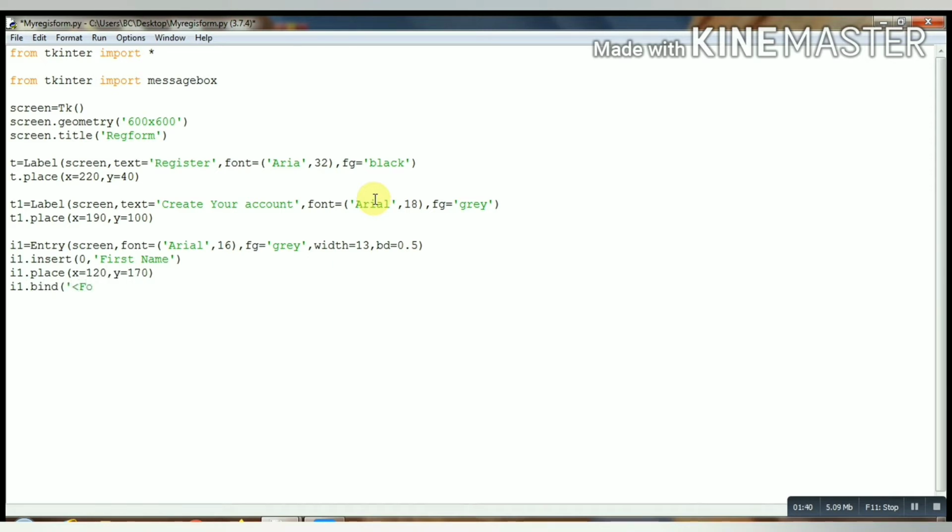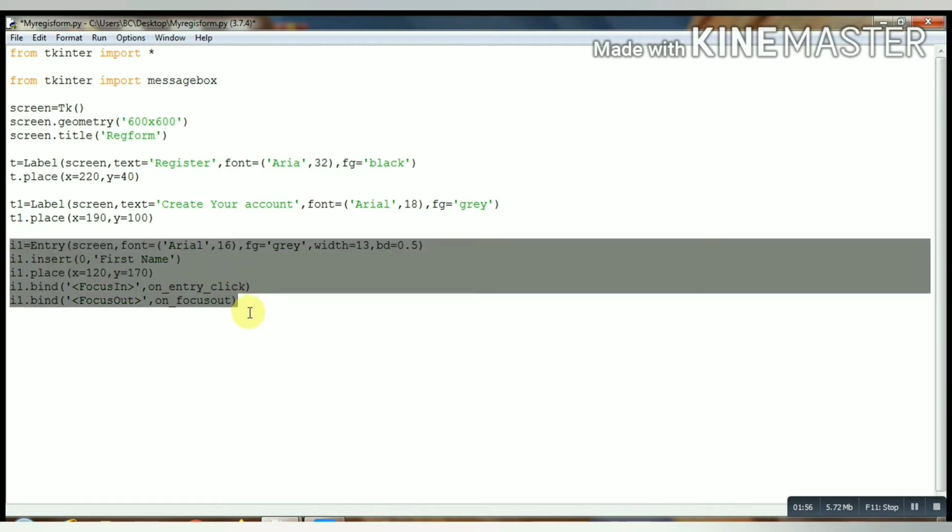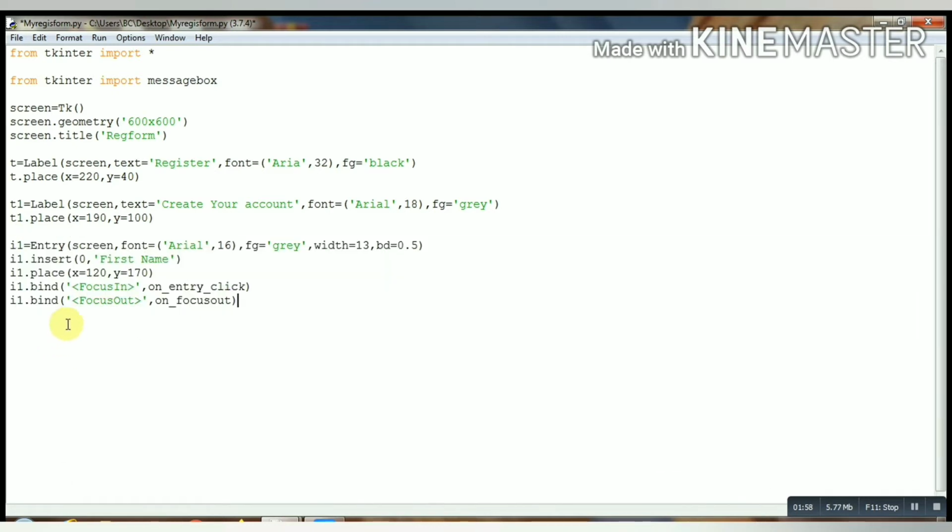Now we will bind two functions. One is for focus in, that is on entry click, and another one is on focus out.